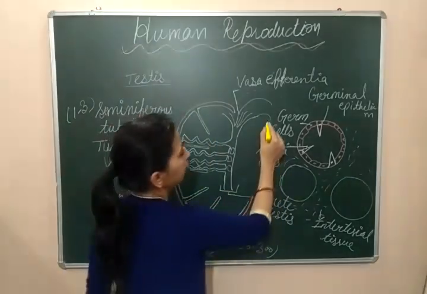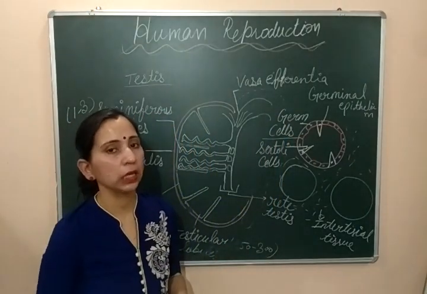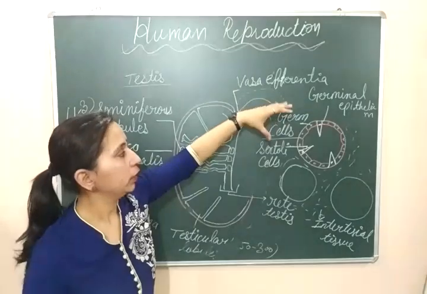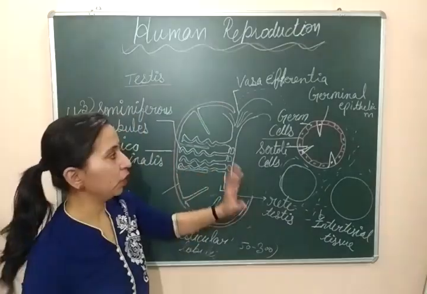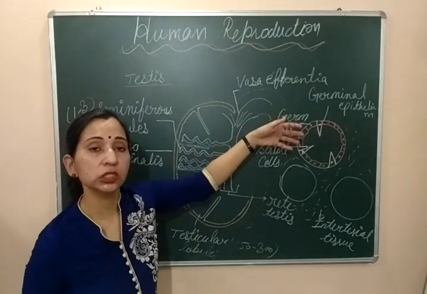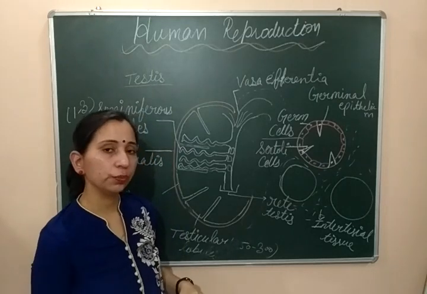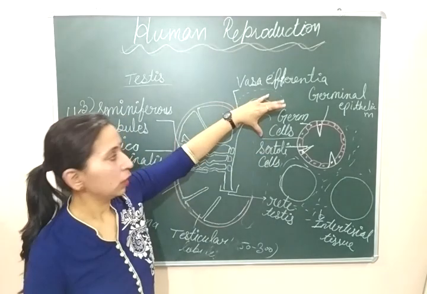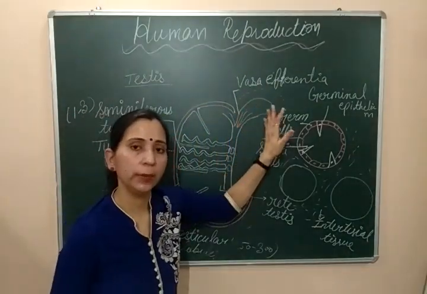These germ cells, यहाँ पे हमने जो लिखा है germ cells, are the cells which form the male gamete. यही जो cells हैं, ये आगे जाके division करेंगे, and by their division they will form the male gamete, that is spermatozoa. Spermatogenesis is the process of formation of sperm. So they will go through the process of spermatogenesis, and finally form the male gamete. That's why the name of these cells is germ cells, which are responsible for making male gametes.